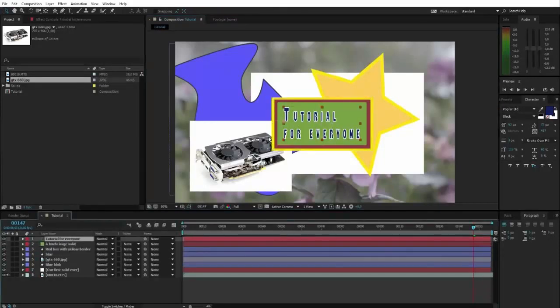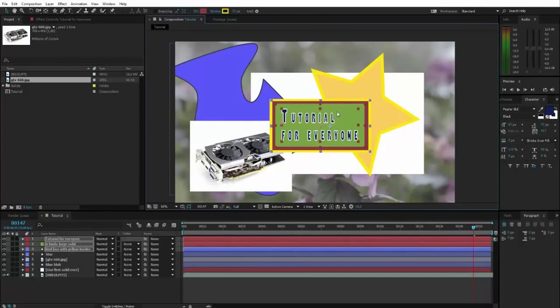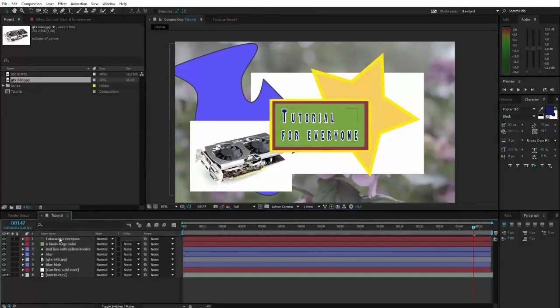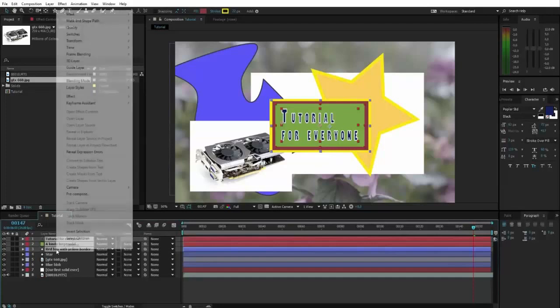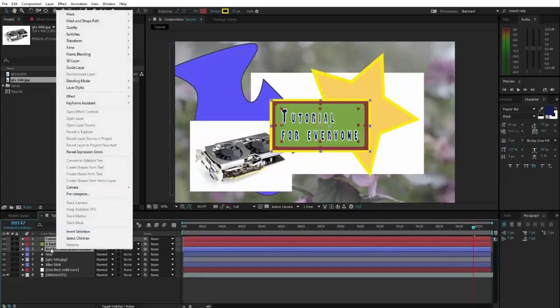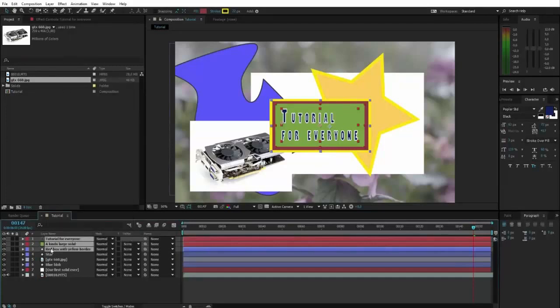The way we move all these three layers together is by making something called a pre-composition. We want to take these three layers and merge them together into one layer, and then we can move them all together. So how we do that is just by selecting them. Select the first one, then shift click on the last one, and it will select everything in between. Then you can right click and choose pre-compose, or press Control Shift C,